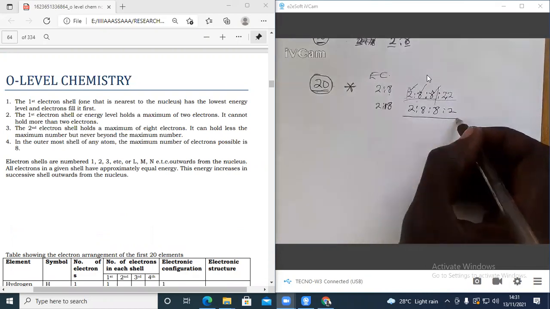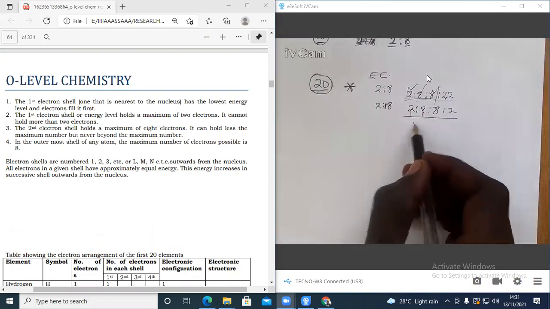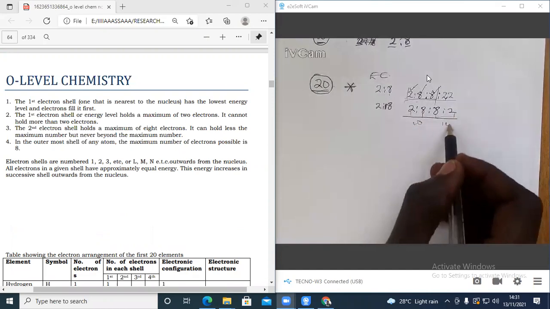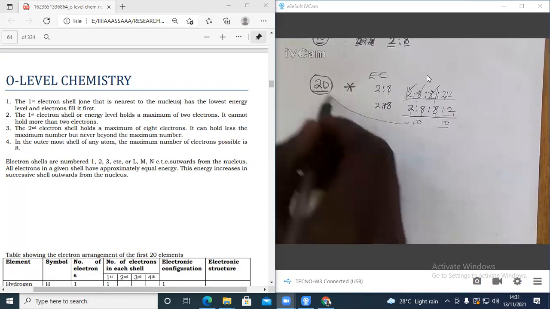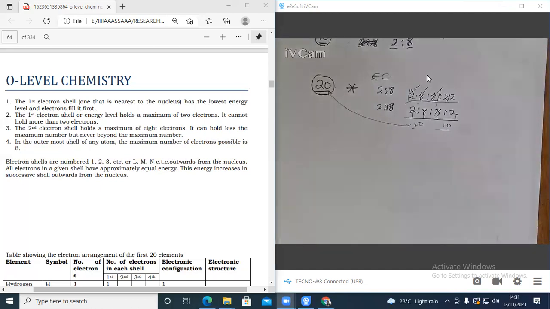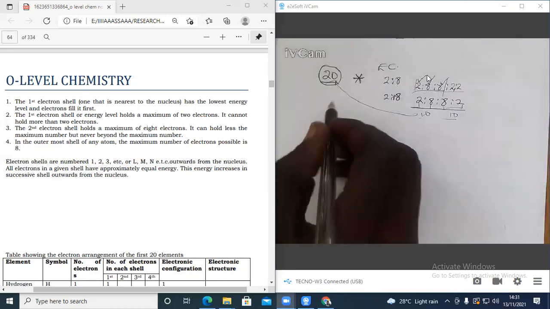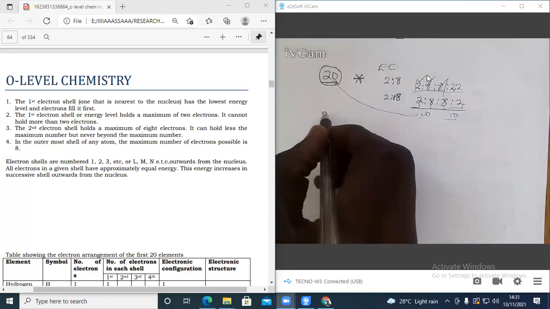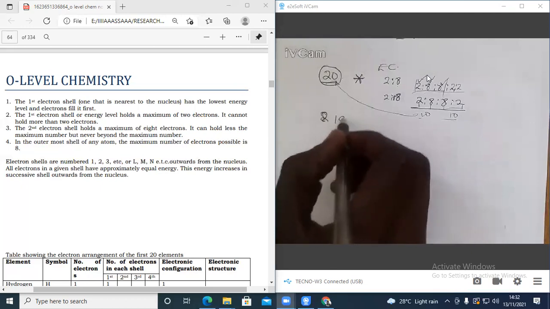Correct. So if you add 2 plus 8, you get 10. Another 2 plus 8, you get 10. So 10 plus 10 gives us our number, 20. Okay? Now, if they say something has atomic number 19,